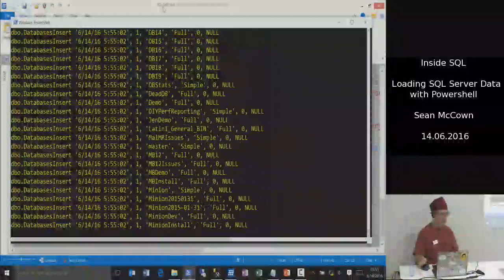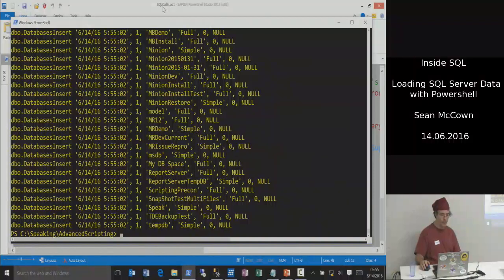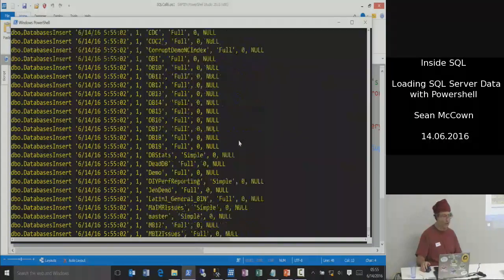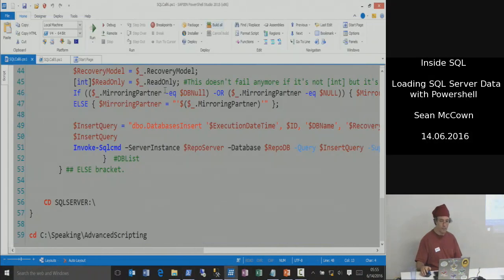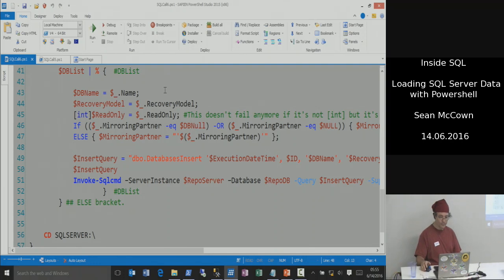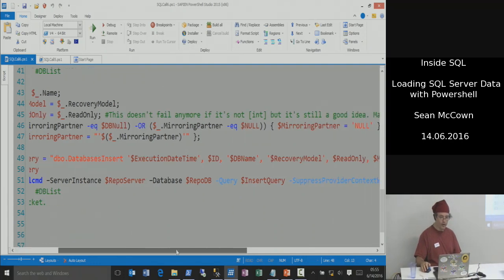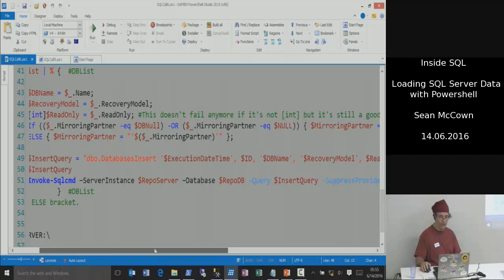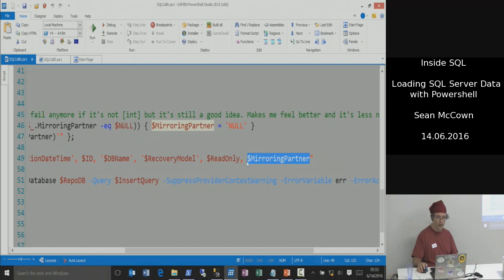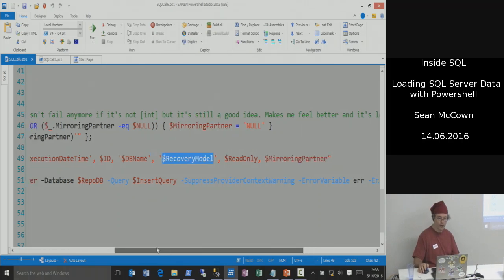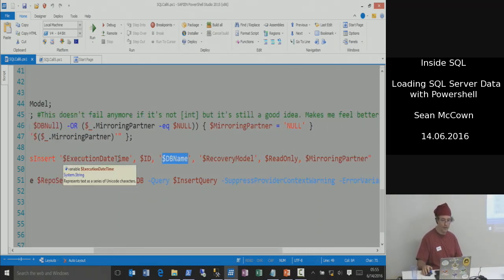And now I'm actually saving the data to the database every single time. And notice I've got my nulls here. I don't have any mirrored databases on my laptop, so I can't really show you what that looks like, but it would have the value in there in single quotes. But I don't really like this because of the solution I've got here. Look at my line. I've got this one in single quotes right there, so I don't have to have it in single quotes down here. But I've got recovery model in single quotes, and I've got database name in single quotes,